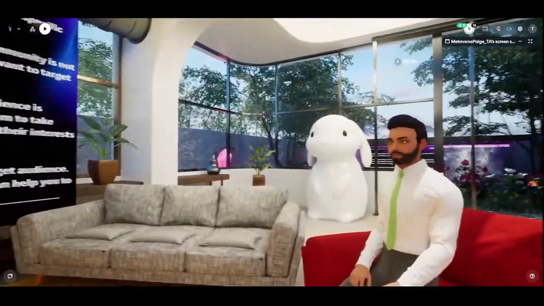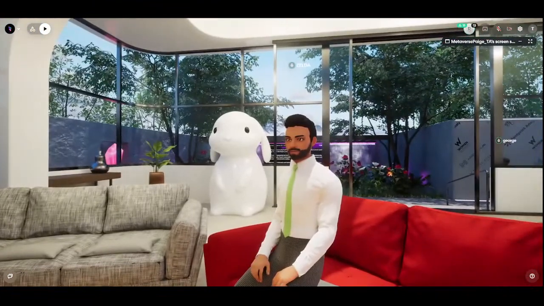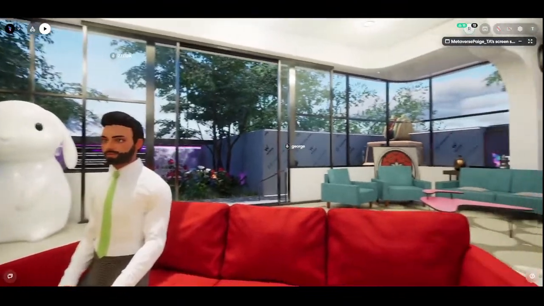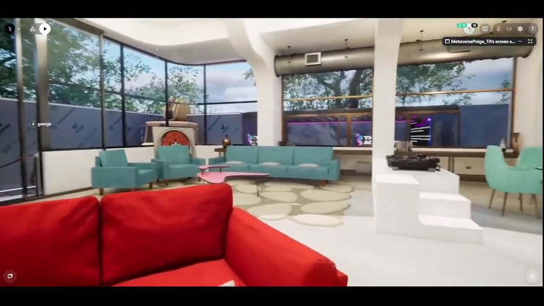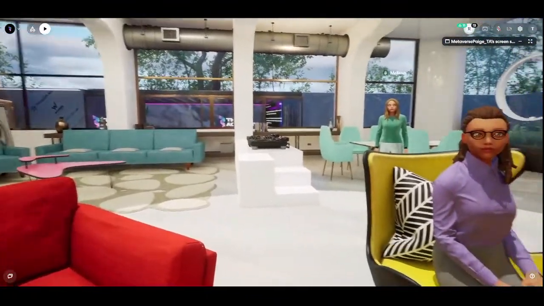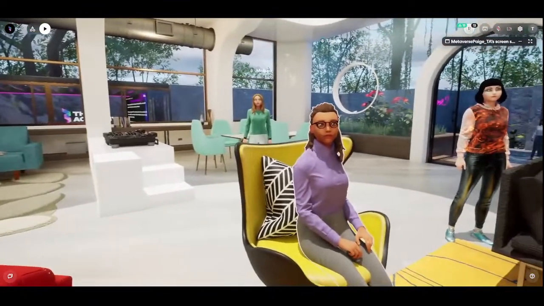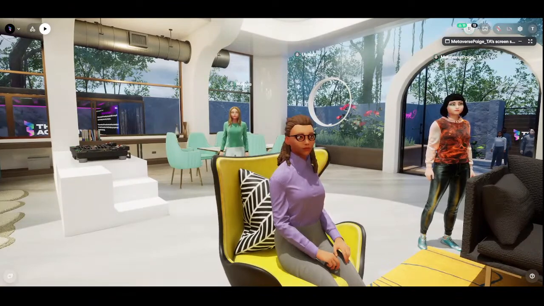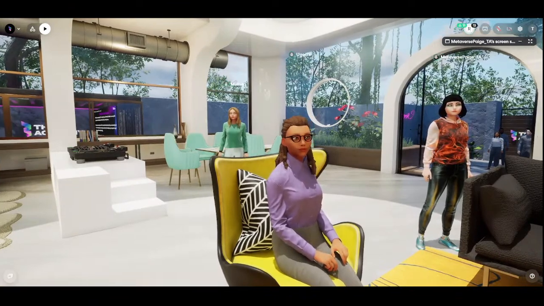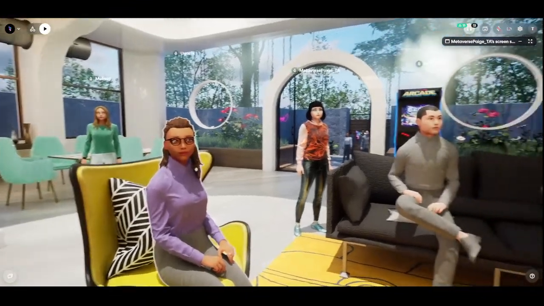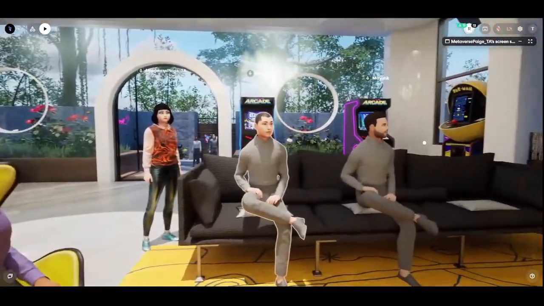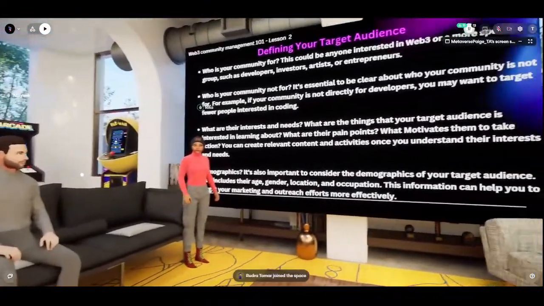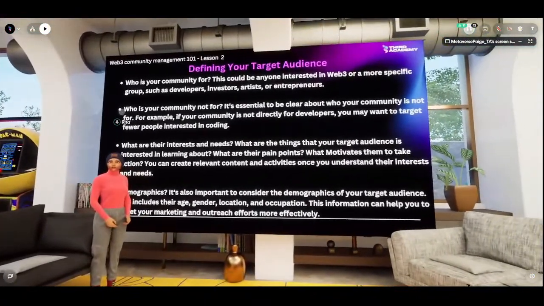Make sure your goals are aligned with the people who have a stake in that community, with the stakeholders, the founders, the CEOs, whoever has a stake. Make sure your goals are aligned with what they want. So you want to ask the question, what is my priority at this point in time? That is a very important question, because that will help you determine the metrics that you measure. Now, for defining your target audience, you want to make sure that whatever you are doing is relevant for your target audience at that point in time.